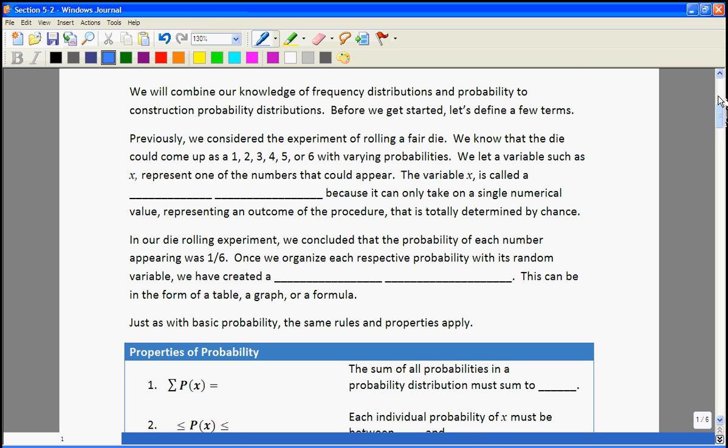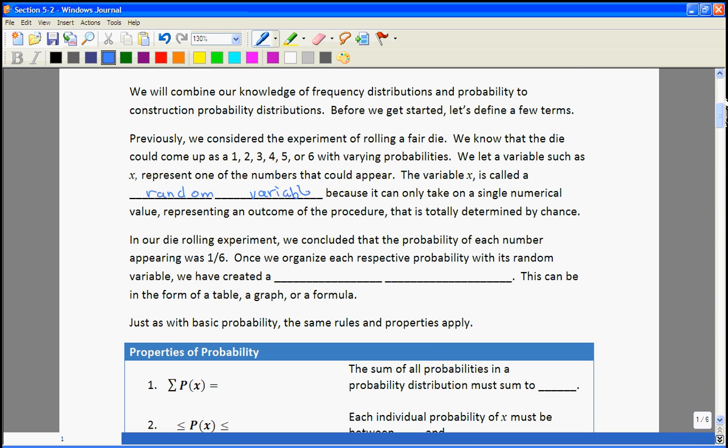Previously, we considered the experiment of rolling a fair die. We know that the die could come up as a 1, 2, 3, 4, 5, or 6 with varying probabilities. Now, if it's a fair die, we decided that each number was equally likely to come up, so the probabilities were 1/6. But if a die is loaded, that might not be the case, but in any case, we could assign a probability to each different outcome. What we're talking about here with random variables is we're going to let x represent one of the numbers that could appear. So x can take on the value 1 through 6. The variable x is called a random variable